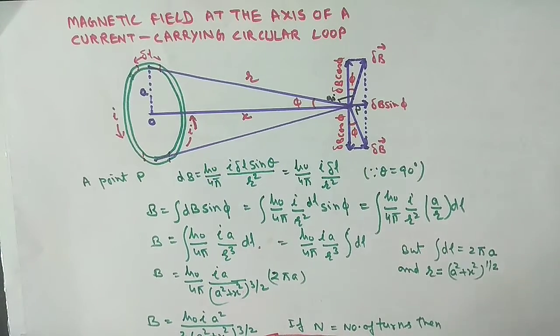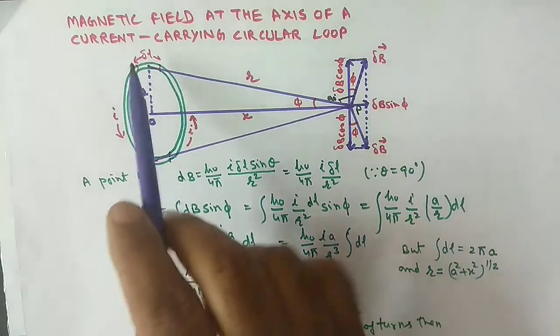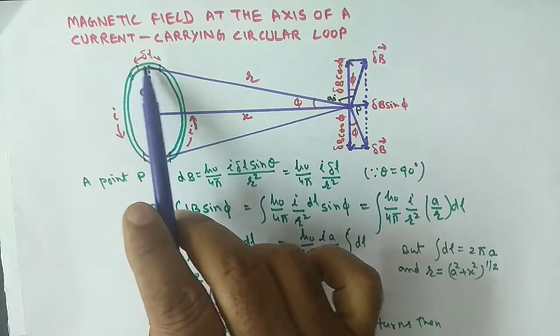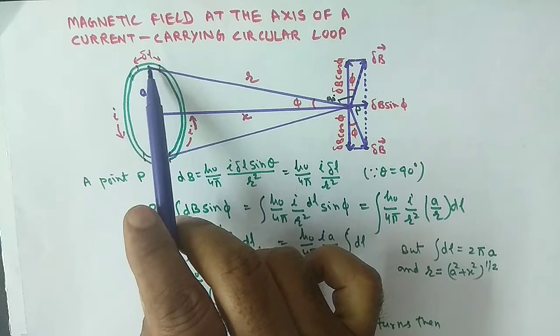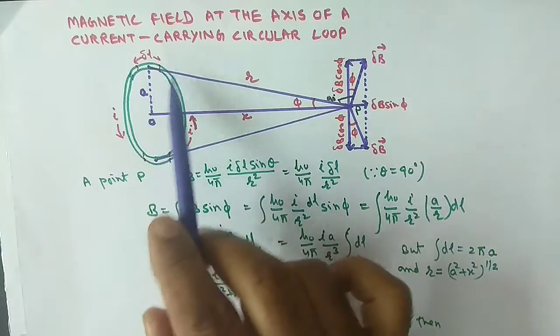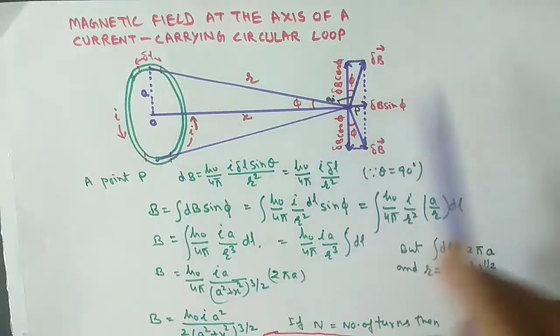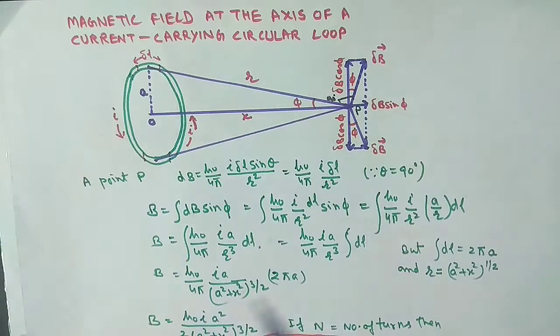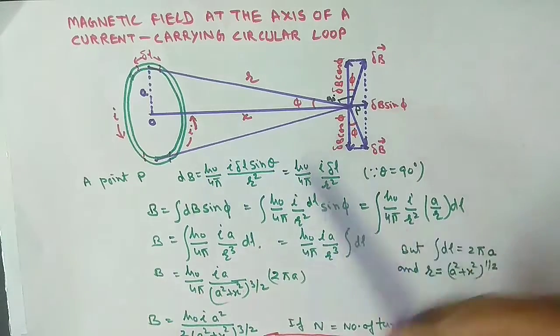You know very well, to find the magnetic field intensity, to apply the Biot-Savart's law, we always take a small current element. Suppose dL is the small current element we are taking. We'll find the magnetic field due to this small part, and then after taking the integration, we'll find the magnetic field due to the entire loop. So at point P,